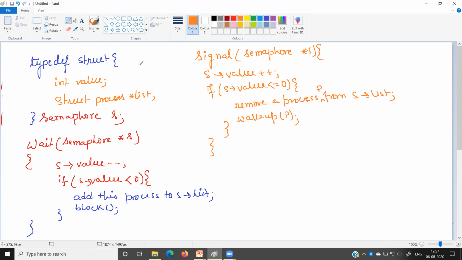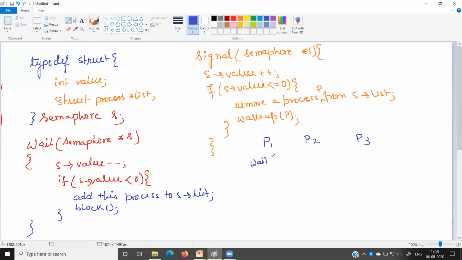Fine. Now we will check how these two functions are used to handle the critical section problem. Let us say there are three processes, P1, P2, P3. Apart from the beginning section and remainder section, I am not writing those. I am just writing the main part, that is how to handle the critical section.